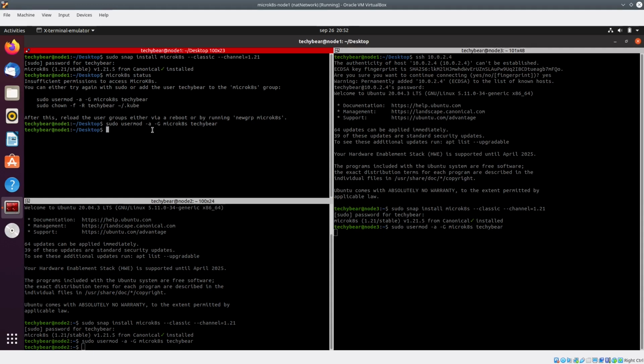It will add the current user, TechieBear user, to the microk8s group, and to make it effective, I have to log in again with the TechieBear user. So I'm re-establishing the session.